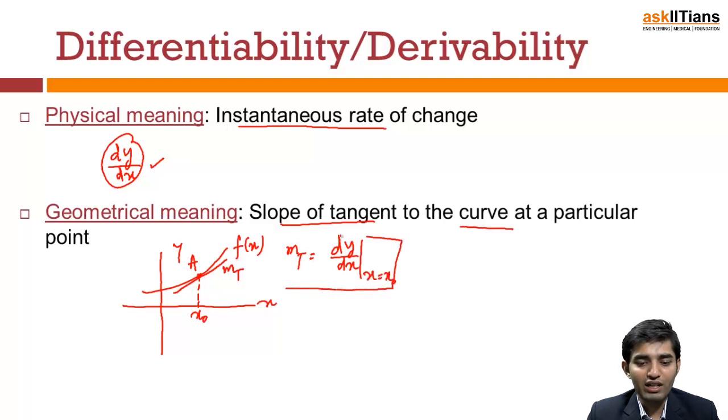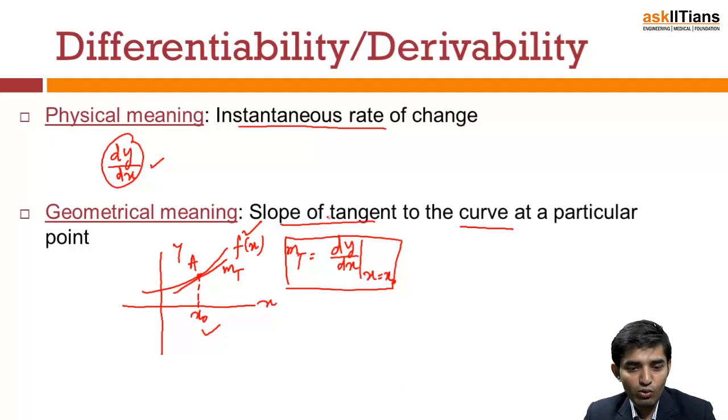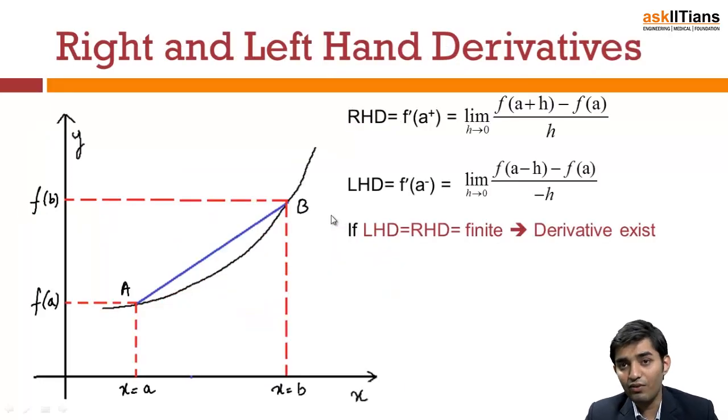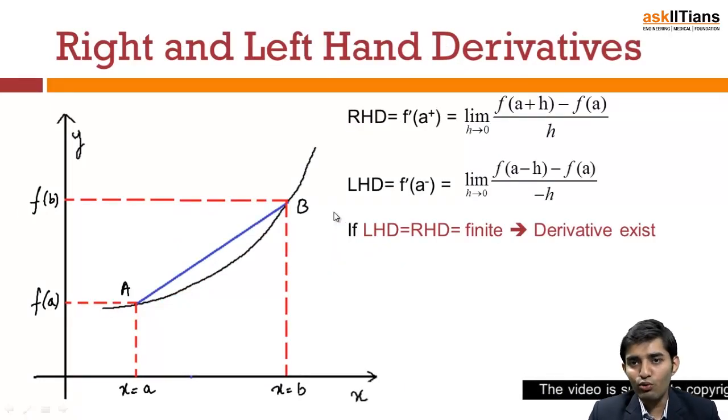So the geometrical meaning of dy by dx is nothing but the slope of a tangent to the curve at a particular point. Here this is the slope of the tangent to this curve f(x) at a particular point x equal to x naught. So geometrical meaning is slope of tangent to the curve at a particular point, and physical meaning is instantaneous rate of change. This is clear. Now let us talk about the mathematical definition of derivability